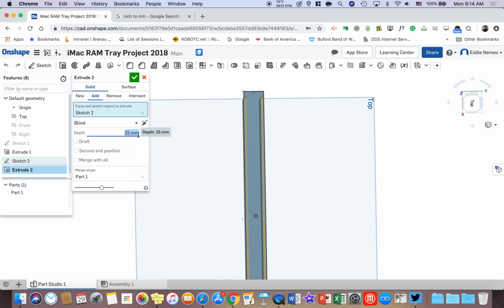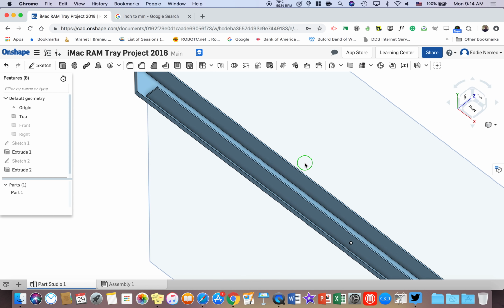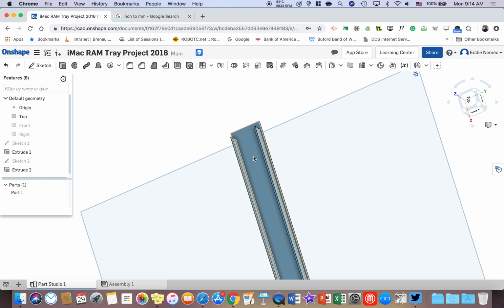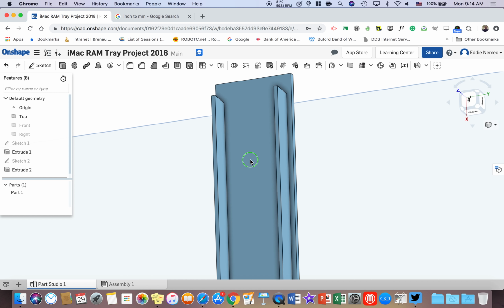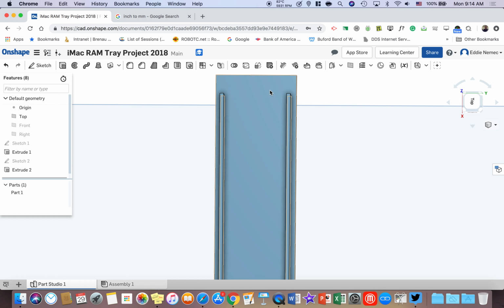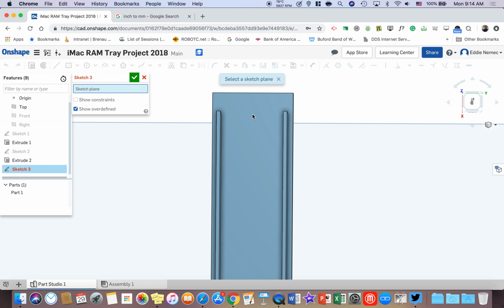And I know that they need to be a height of 4.20. So I'm going to type 4.20 and hit enter and hit check. Now I have the basic shape. All that's left for me to do now is to round off the corners and to put the circles where they go. Now what I'm going to do is do exactly what I did in the video, and I'm going to start sketching out the circles and demo that for you and show you how you can round out this corner. So the first step is to go to sketch, left click on the face,